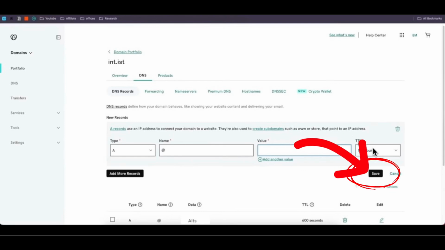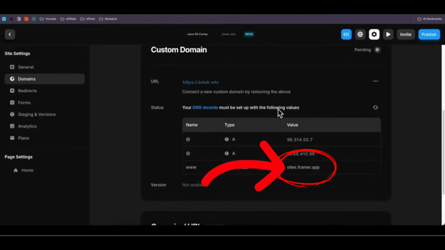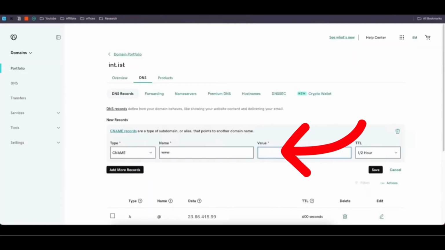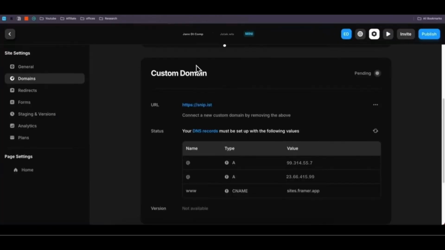Then click Save. And now, for the last value, choose CNAME for type. And for the name, type in www, then copy the value from Framer and paste it in the space provided. Then, click Save. Now go back to Framer dashboard, and if it says it's pending, that's fine, because most